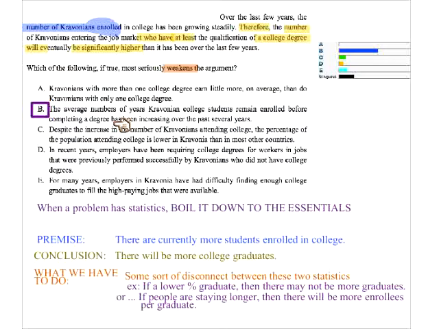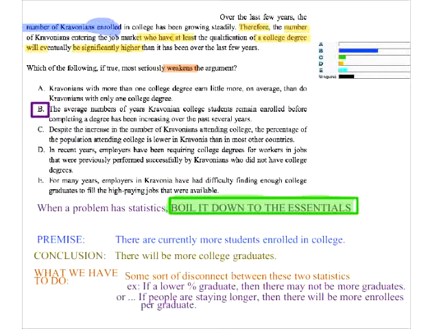Notice that the other choices just don't treat the issue here. So if you picked another answer to this problem, then what that means is that you're not boiling it down to the essentials of the problem. Instead, you're kind of getting lost. I mean, one of the biggest dangers of these problems is getting lost in a train of thought.